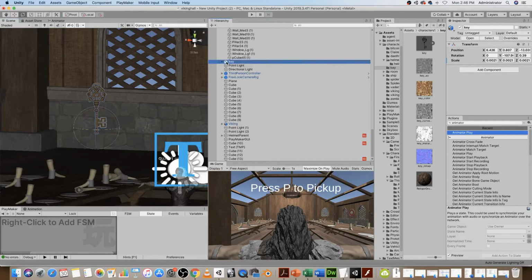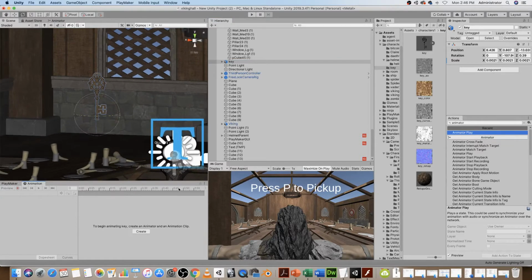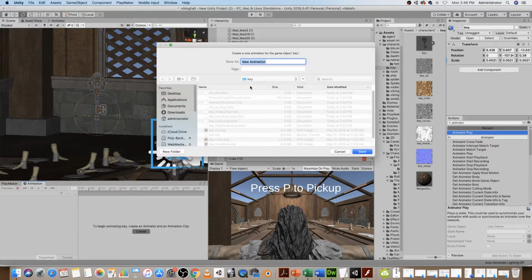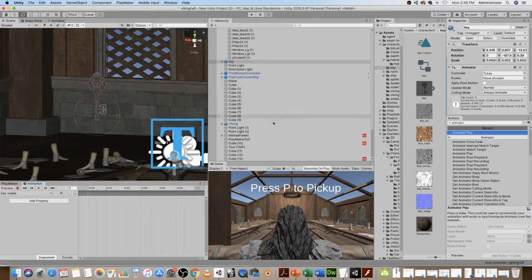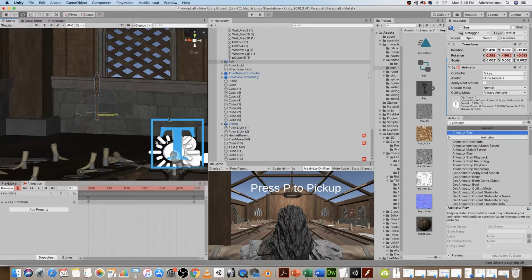Okay, so again, we just open the animation tab and click create, key rotation, or rotate, and start recording. And we're going to go to 1 second. We might make it shorter or longer in a minute, but I'm going to rotate the key